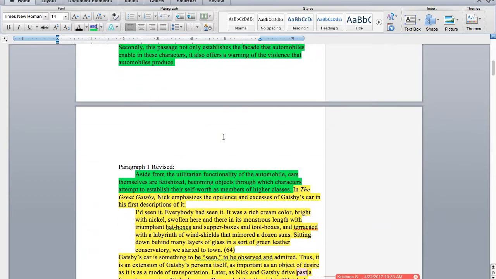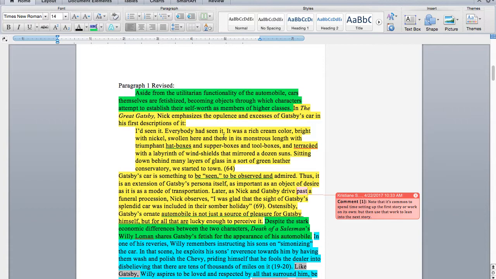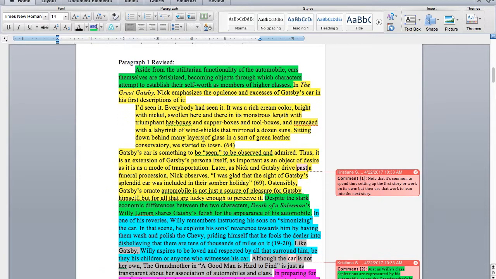But what I've done, if you're more interested in the logic behind it, is I've copied and pasted it below and I've made some changes. And those changes I've highlighted in green. So you'll note that I've left the first work pretty much on its own. I haven't introduced anything new, and the reason for that is that it's often really useful to set up the idea that you're going to be talking about in the paragraph with one of your texts,